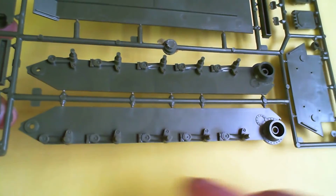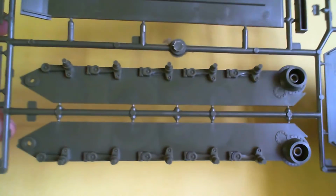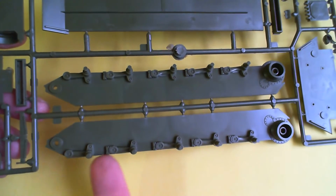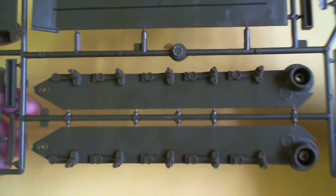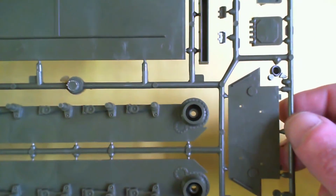So we've got no ejector pin marks on the suspension area. Our suspension is all moulded and put into place for us. You could very carefully slice them off and reposition them. I have seen it being done before. I think Jens himself did a bit of that. And